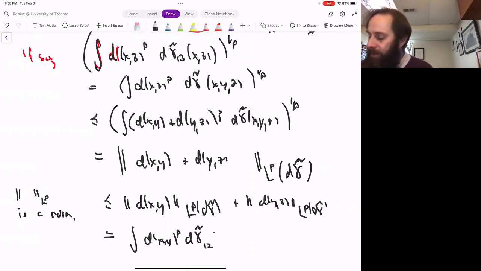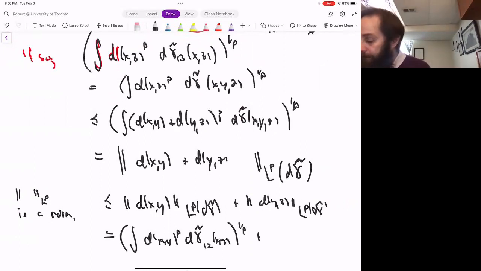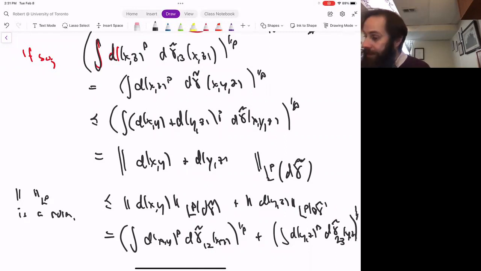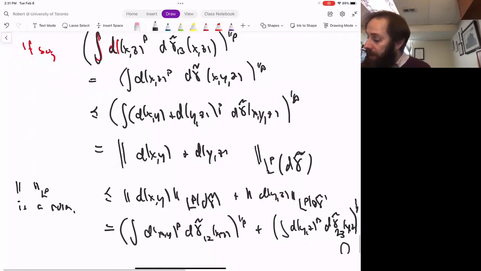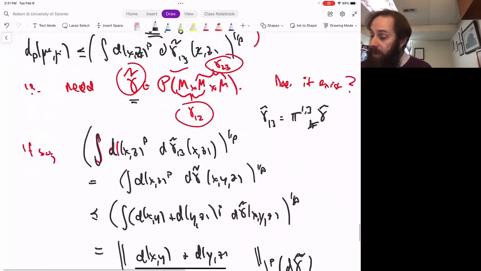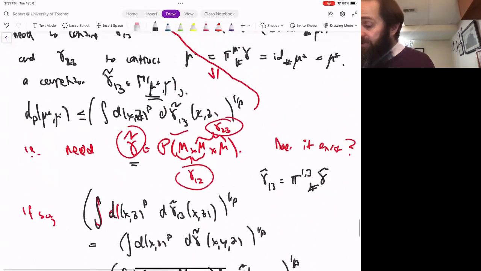So it's also gamma tilde_{1,2} of x, y, pth root. Something similar happens in the other term. It would be gamma tilde of x, y, z, but the integrand only depends on y and z. So it becomes gamma tilde_{2,3} of y, z, pth root. And so this whole story gets reduced to this question that I wrote in red, which is, if I have